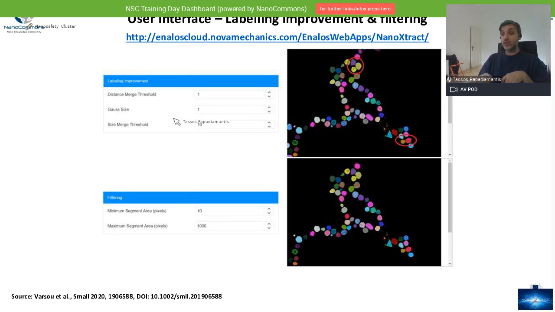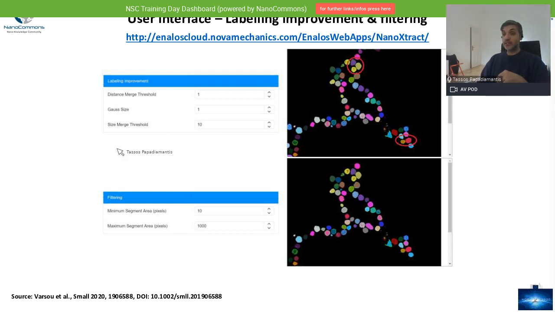Then we have the Gaussian size, which is again a way to tell the tool whether to do more or less splitting. The higher the value you put, the less splitting the tool will do automatically. That also means you need to be very careful, because if you go substantially high, then you will start getting huge aggregates in your image, which is not what you want. So play a bit with that and get to the point where you have the best splitting, but don't overdo it so that nanomaterials that should be separate start being split.